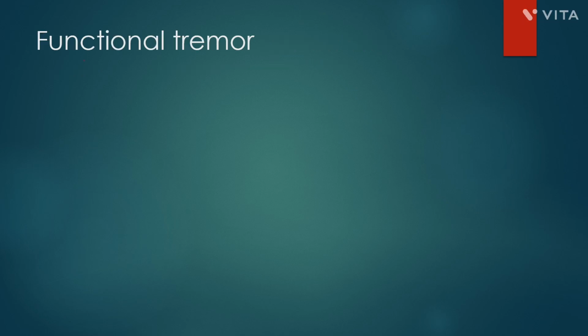Now, another thing about functional tremor. So you have to know what is essential tremor. Essential tremor, there is familial history with the tremor while usually doing activities. And the treatment is beta blocker, propranolol will be the choice. Then there can be cerebellar tremor, which is again intention tremor. There can be Parkinsonian tremor, which could be pill rolling tremor, which is like the resting tremor. Then there can be hyperthyroid tremor, which is like fine tremor.